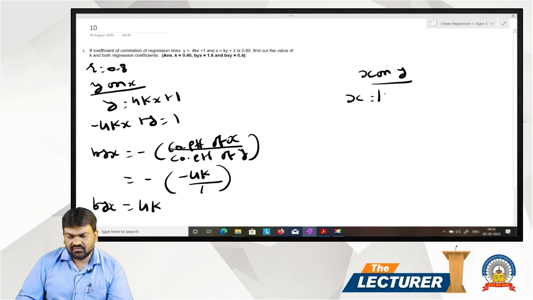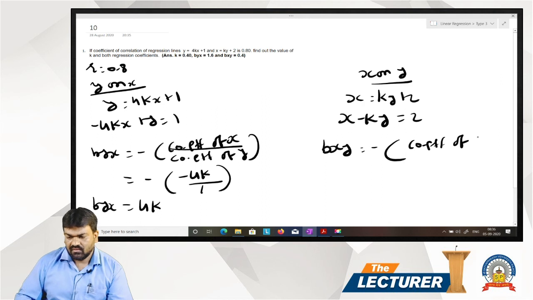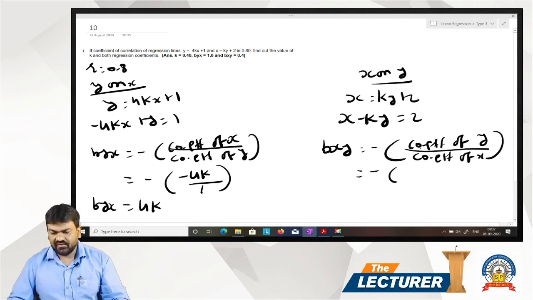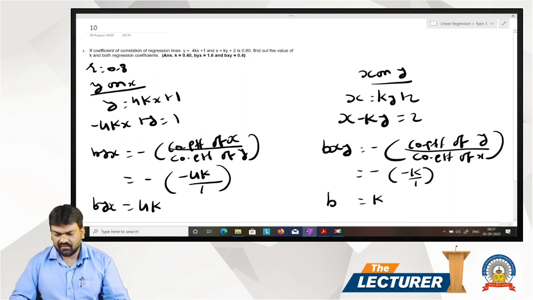x is equal to ky plus 2. Okay, simplify it. X minus ky is equal to 2, bxy is equal to minus coefficient of y divided by coefficient of x. Okay, minus coefficient of y minus k, x 1, minus minus plus k. bxy is k. Now